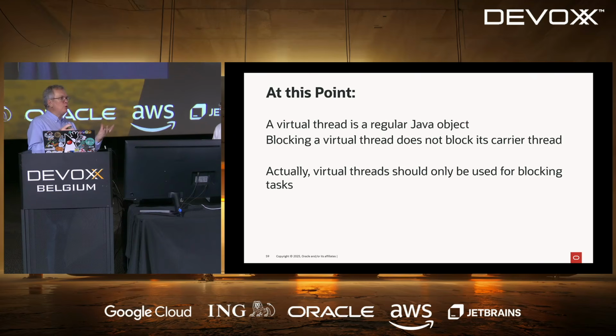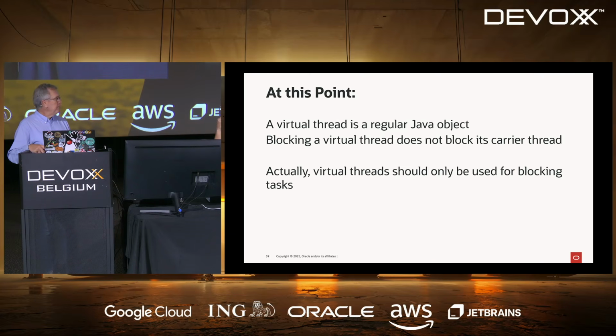And actually, virtual threads should only be used for blocking calls. If you want to run, for instance, a parallel stream, trying to run parallel streams in virtual threads will not give you any better performance, because a virtual thread is an overhead compared to a platform thread. So if you do not have this gain of running blocking code that will not block the underlying platform thread, you're just paying the overhead without any benefit. So it will actually slow your code if you try to run your parallel streams on top of virtual threads.